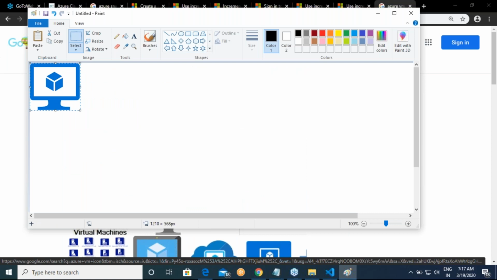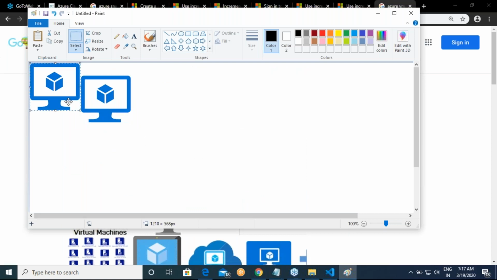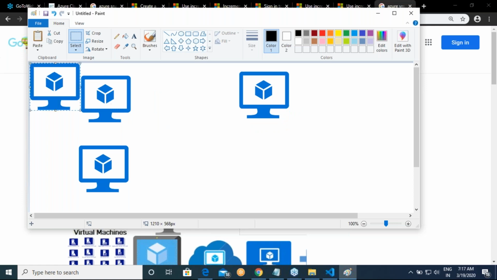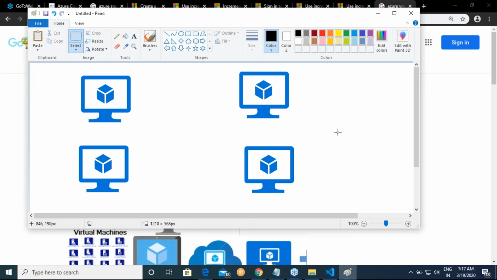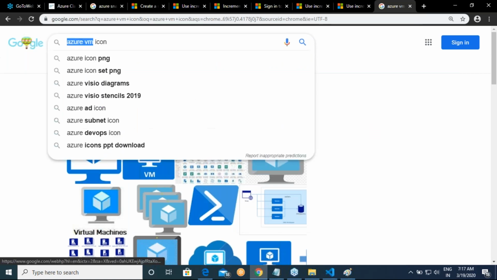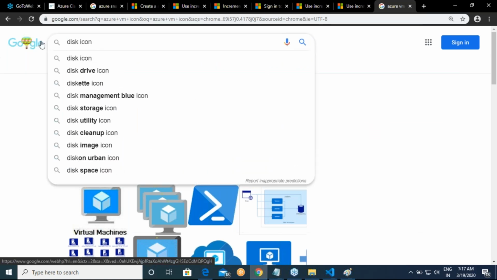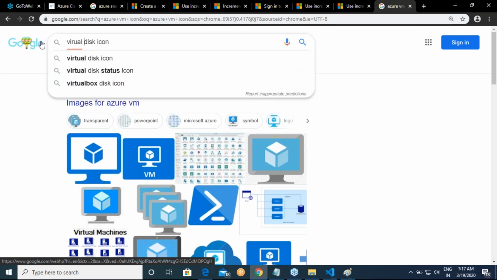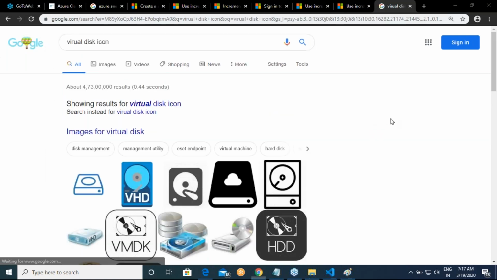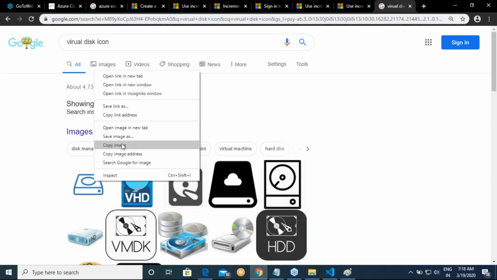So you have a VM, two VMs, three, and let us say four VMs. Each VM will have its own virtual disk.